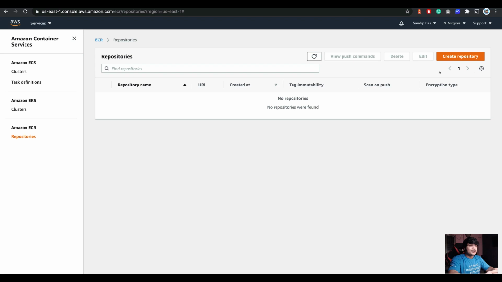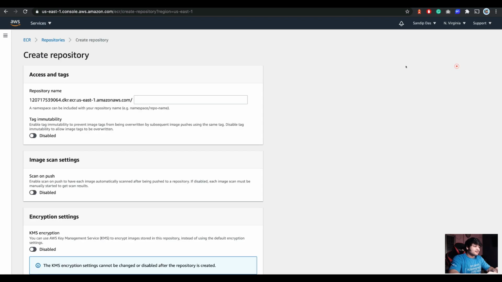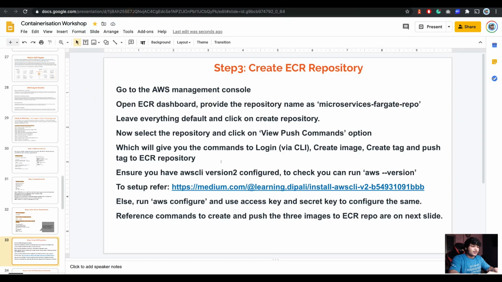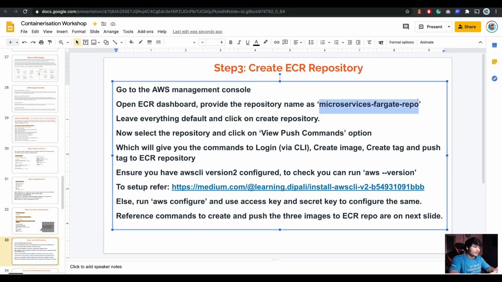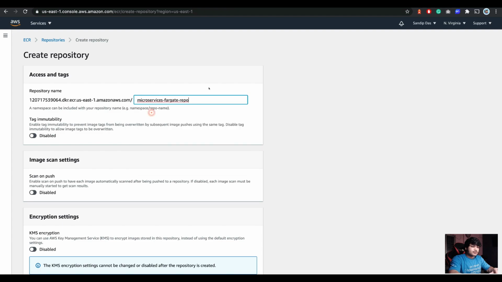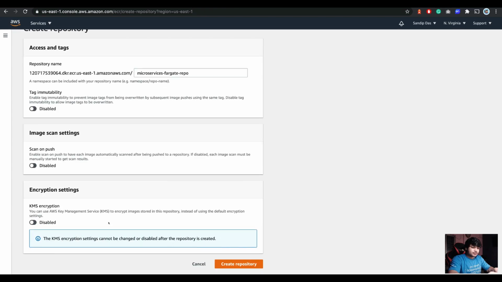So no repositories there. We'll call it microservices-fargate-repo. Yes, this one is free, so you can always use that, but this is a demo, so we'll not be using this one.